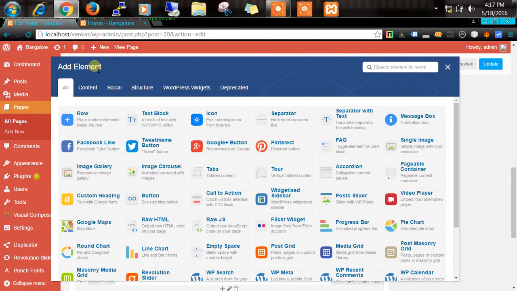Which one is what? So text block is only for text type. If you want to give only, for example, a little bit of about text, that time you can use this text block. Icons, if you want to use separate icons somewhere, that is the one. Separator, I already told you, is basically a divider on the website. If you want to create a divider-like thing, you can use this separator. It is only for a dash.